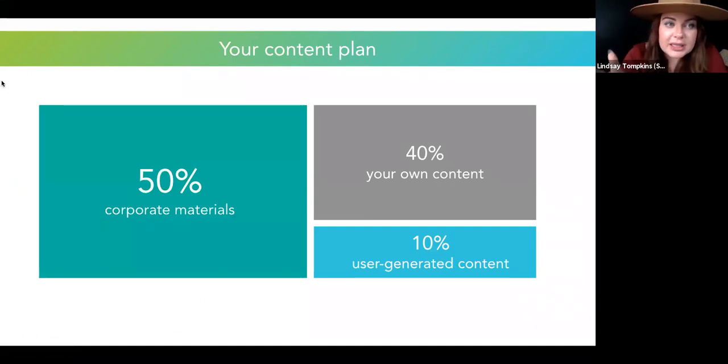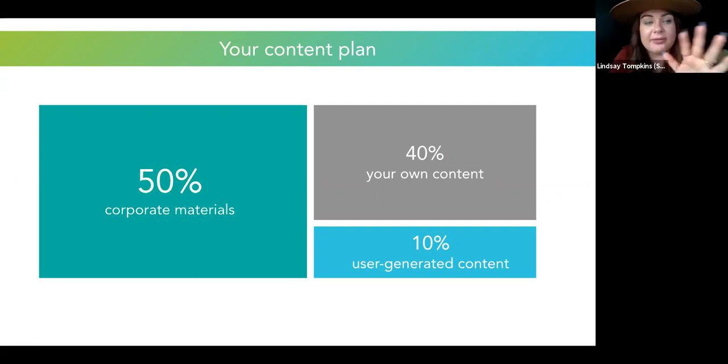So here's something simple that you could use to get started. 50% corporate materials. So you look at your plan in the month, 50% grab those posts from Social Media Studio. 40% add in your own. So in a month of 30, you're really only doing maybe 10 posts. Can you create 10 posts? Absolutely, for a month. You're going to take 15 of them from corporate, and then the other 5 you're going to use from user